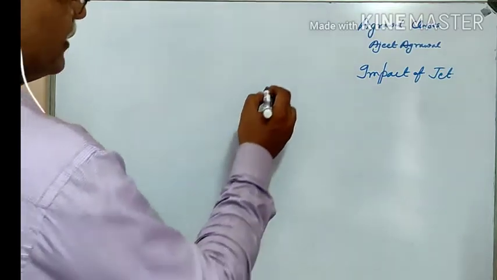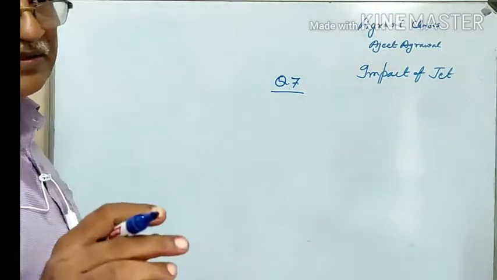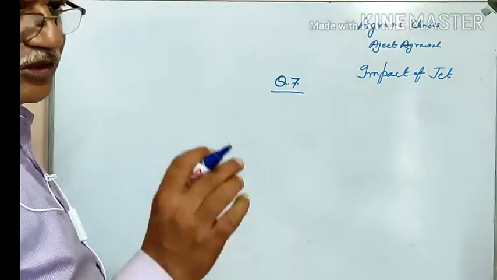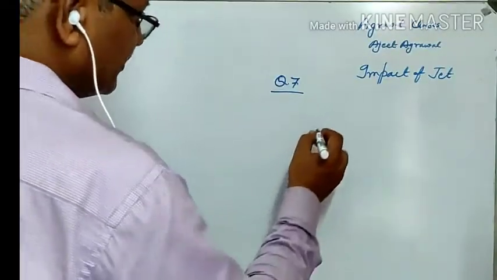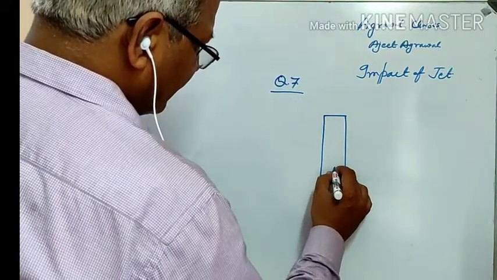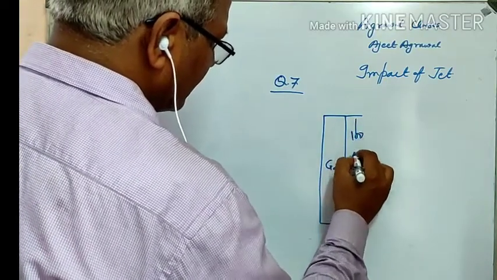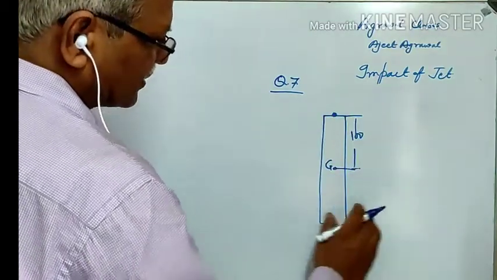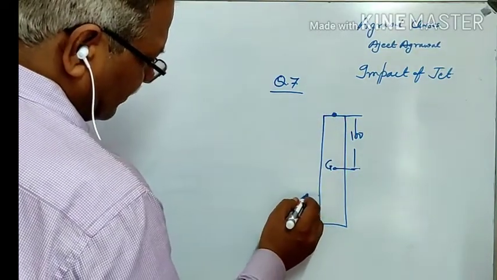Now in question number 7, this is about the hinge. In your syllabus, in the impact of jets when the plate is stationary, in that particular line only one word is there, the plate is hinged. So in this case the question is given that you have a plate whose center of gravity G is 100 mm from the point where it is hinged. Hinged means it can move in this direction about this hinge, and the jet is striking perpendicular to the plate.